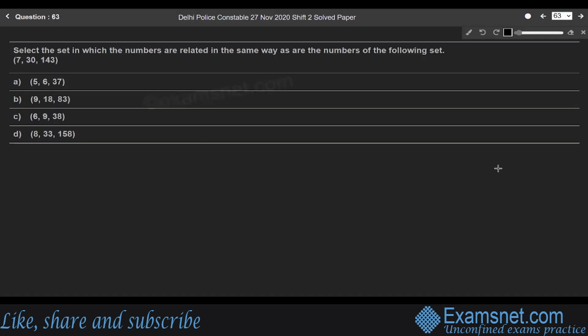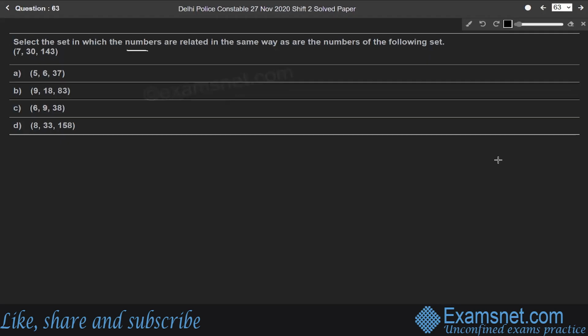Question 63. Select the set in which the numbers are related in the same way as are the numbers of the following set 7, 30, 143. So here 7, 30 and 143 are related as follows. Here, the first two numbers 7 and 30. In which 30 plus 7 is 37 into